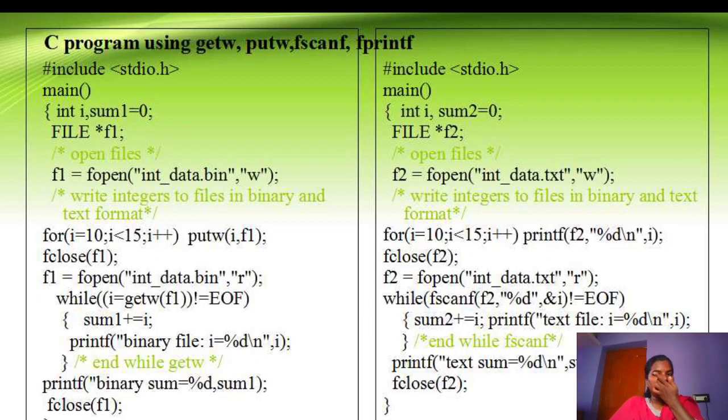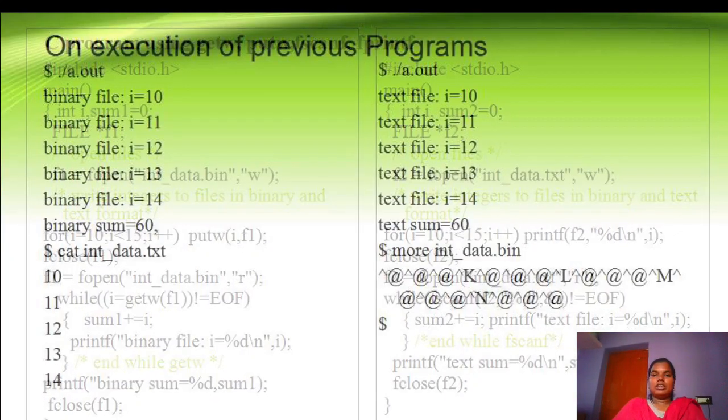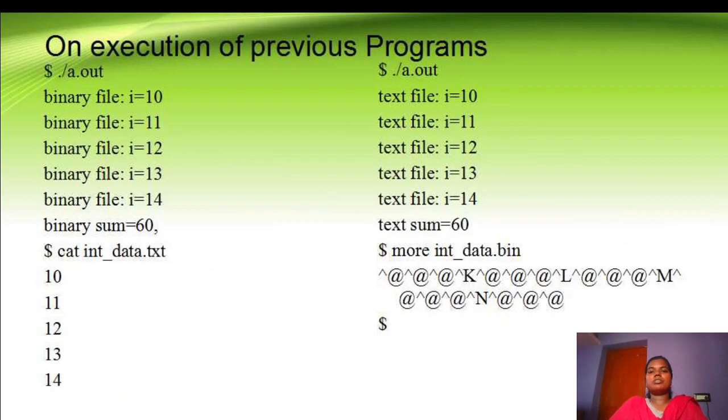Then printf text file i is equal to %d comma i. Then printf text sum is equal to %d comma sum. Then fclose of f2. The output becomes a.out: text file i is equal to 10, text file i is equal to 11, 12, 13, 14 and text sum is equal to 60. Then more intdata.bin. So like this we can add anything into the file. This is the output for